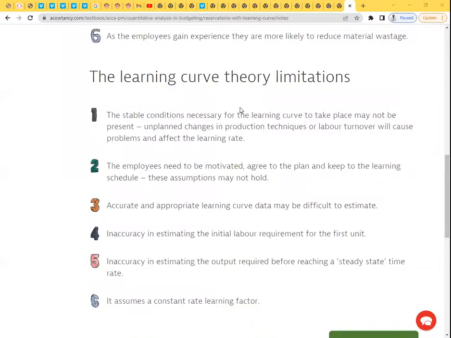It assumes that all jobs are manual, labor intensive, which is not the case. It assumes that the jobs are repetitive, which is wrong. Even if it's a carpenter, this guy will do chairs today, tomorrow he'll do something different, and that is how things work, really. But you can't assume that these employees will keep on learning forever, and yet, after some time, they'll become demotivated, even with the prior learning, that they may not even be able to produce at optimal. So you have got so many things in this case that you can discuss.